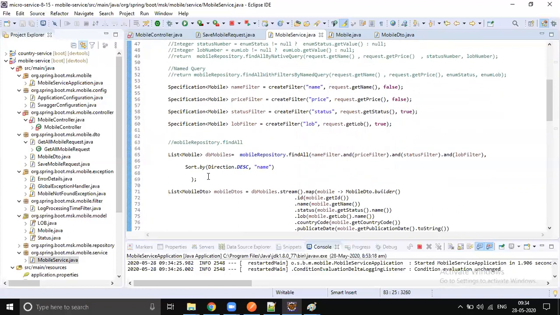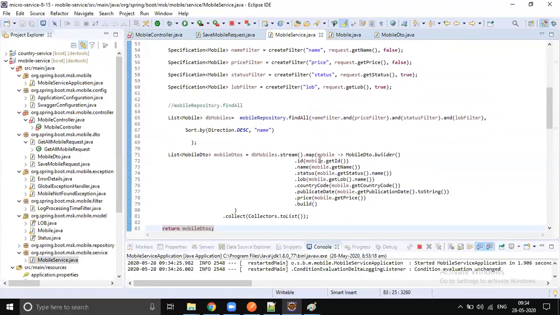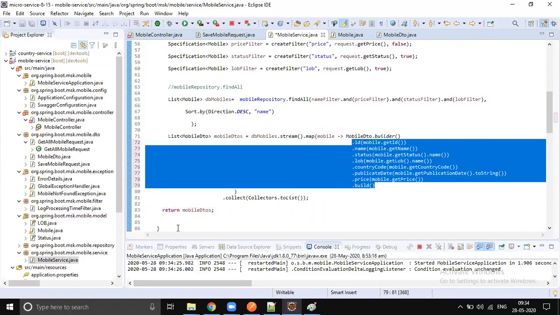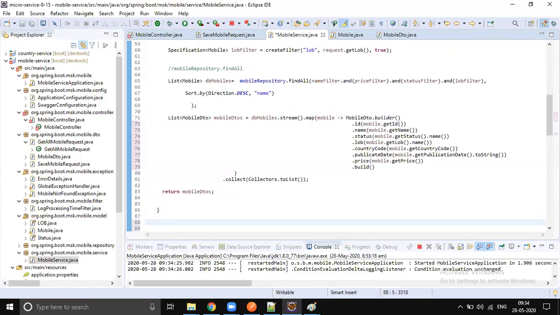This conversion is commonly required, so what we will do is take this code and put it in a private method, which returns the mobile DTO. Let's give the method name as convertEntityToDTO.